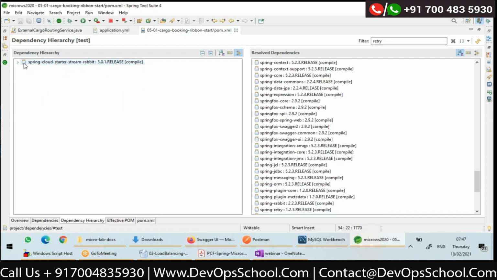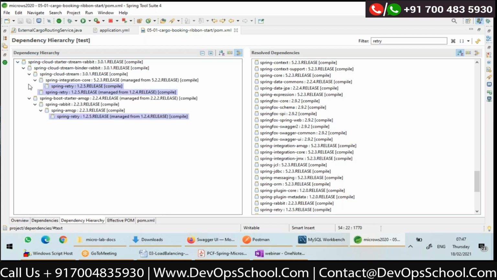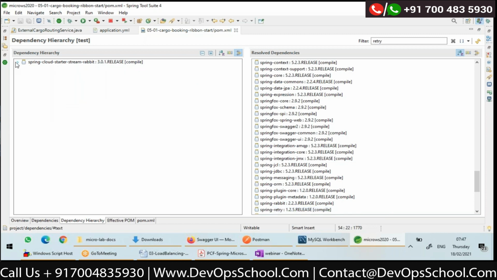Suppose I don't have this Spring Cloud Starter Stream Rabbit, this retry will not be there. This retry is not coming because I added Ribbon. Clearly see it. The retry module will not be added in dependencies just because you added Ribbon. It is coming as part of Rabbit.